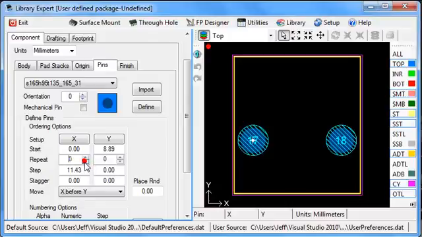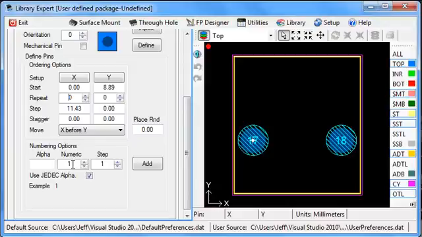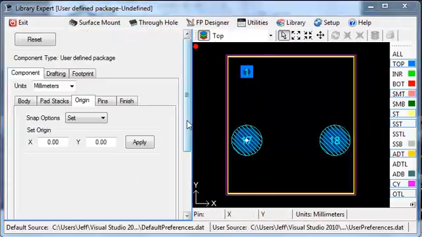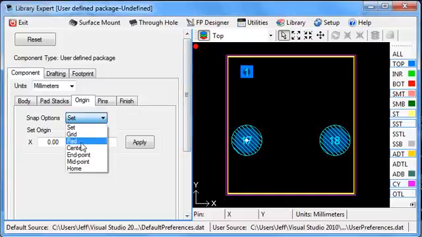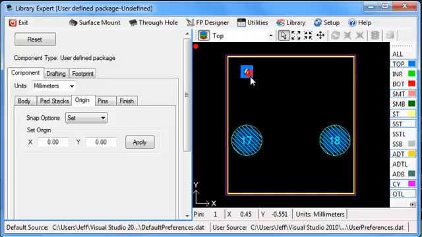We're going to repeat 0 times, and we're going to set the pin number back to pin number 1. And when I hit add, pin 1 comes in. Before I add pins 2 through 10, I'm going to go ahead and move the origin now up to pin 1. So I select pad, that, and I'm also going to change the grid